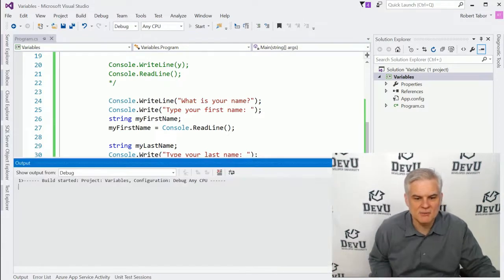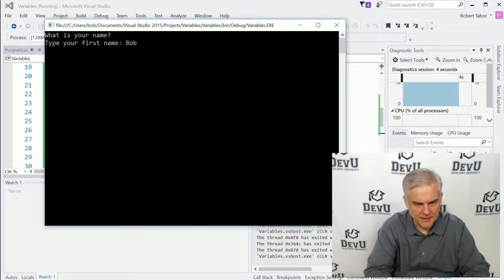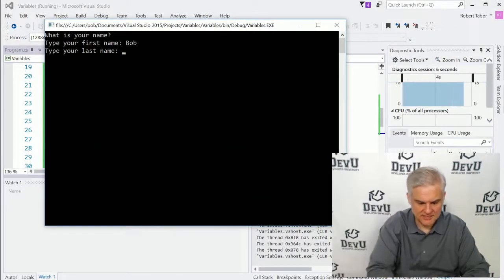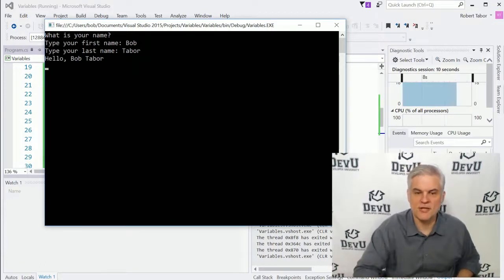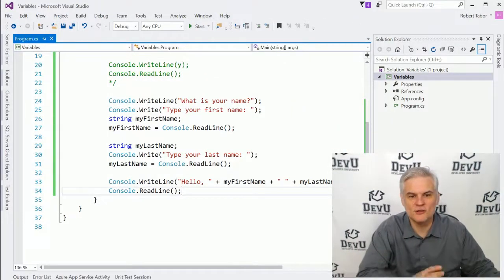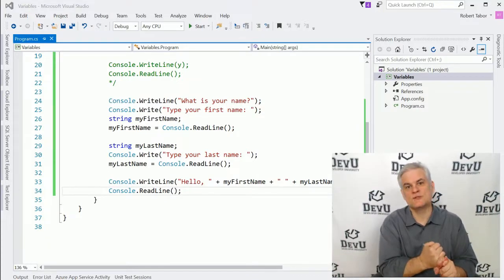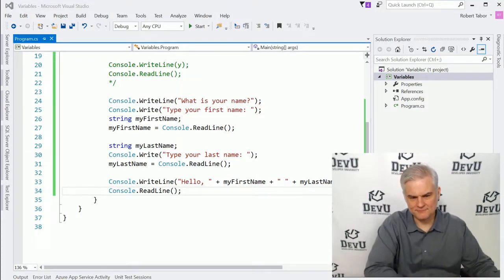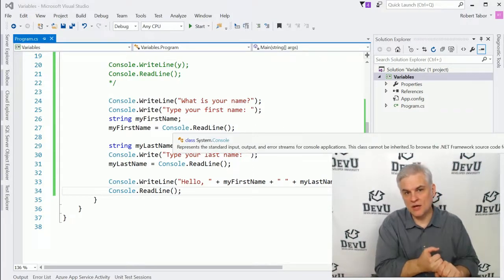Let's run the application, and we have some things we want to talk about here. Okay, so what is your name? Type first name, Bob, enter, type your last name, Tabor, enter. Hello, Bob Tabor. Awesome. Okay, so very simple application, but hopefully now we're pushing the envelope a little bit more, learning a little bit more about additional data types that we can use for our variables, learning about assignment, that it works with all kinds of variables, and also learning about operators that work differently with different data